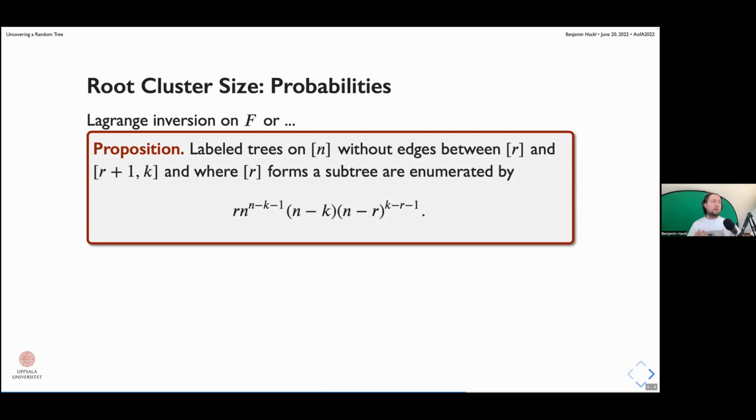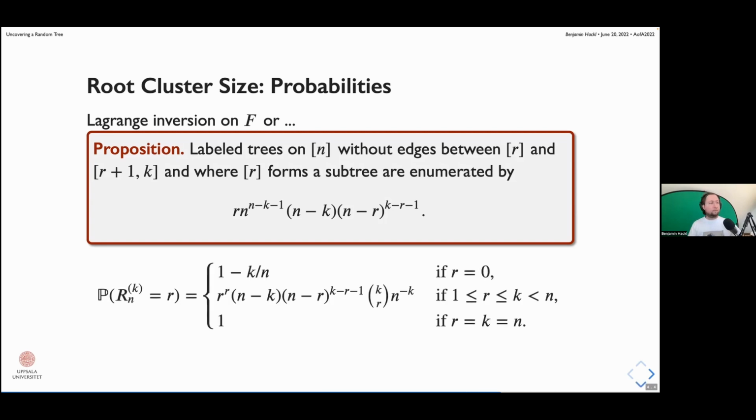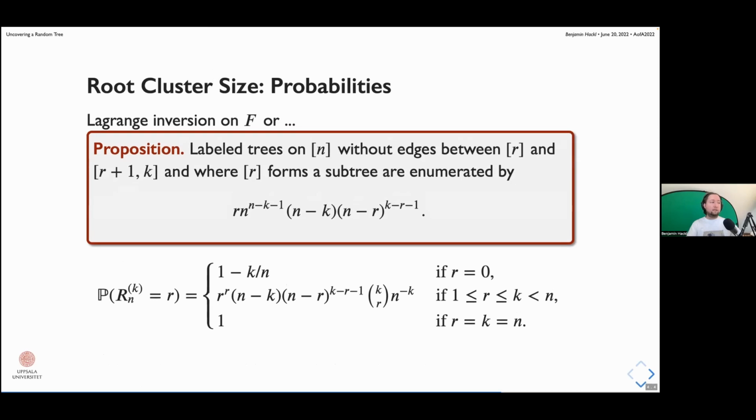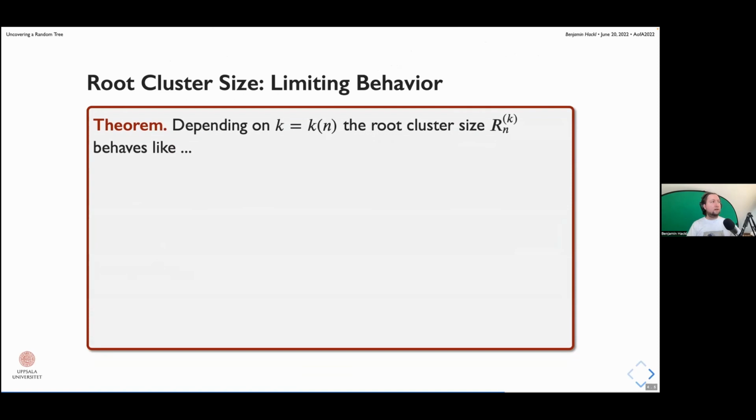For that, we can either use Lagrange inversion on the generating function f that we constructed above, or we can use a very nice combinatorial result on counting forests that look a particular way. If we do that, then we can find explicit formulas for the generating function for the probabilities of these root cluster sizes. We don't have to talk about that in detail right now,